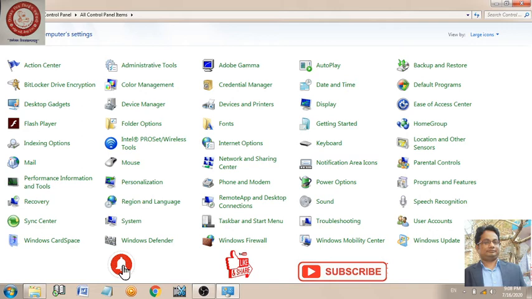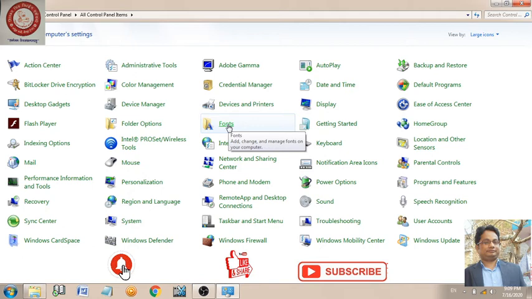So first of all, we have to start the control panel. I have already opened it, the control panel, and first we'll search where the font button is. If you see the fourth row and the third button, this is the font button, and by using this font button we can view the font, number one.